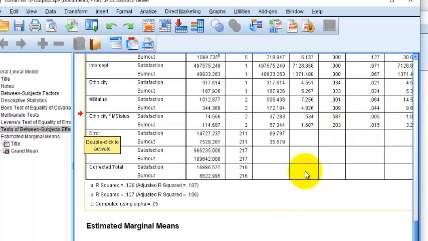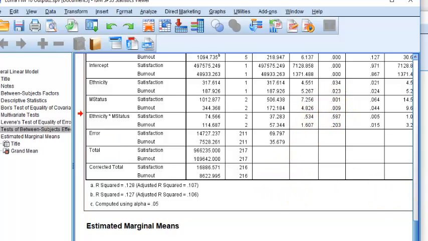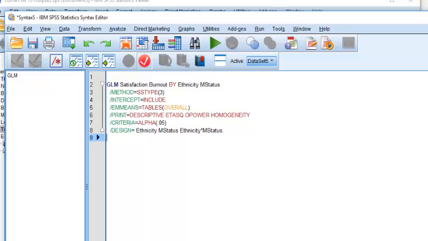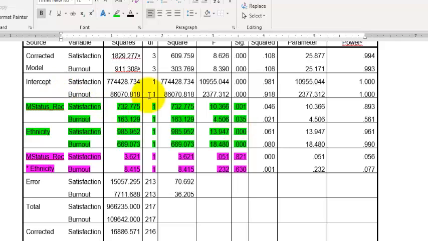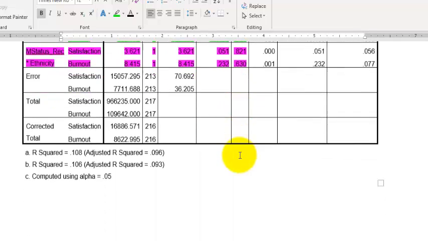Okay. Now we're going to move up to marital status. Was there a significant difference between being married and never married for satisfaction? Yes, there was. Was there a significant difference in burnout scores between the marital levels? Yes, there was. So in other words, you got significance all over the place. Let me pull this up. Okay. That's what this means. This is the same table. One thing I forgot to tell you was there was no significant interaction between marital status and ethnicity. Okay, that proved out to be non-significant. So no interaction.